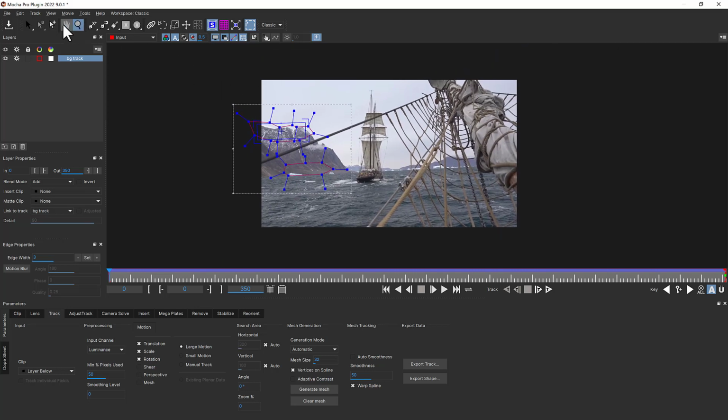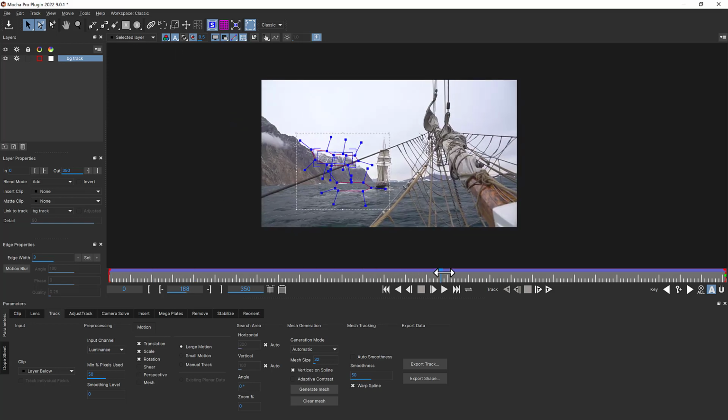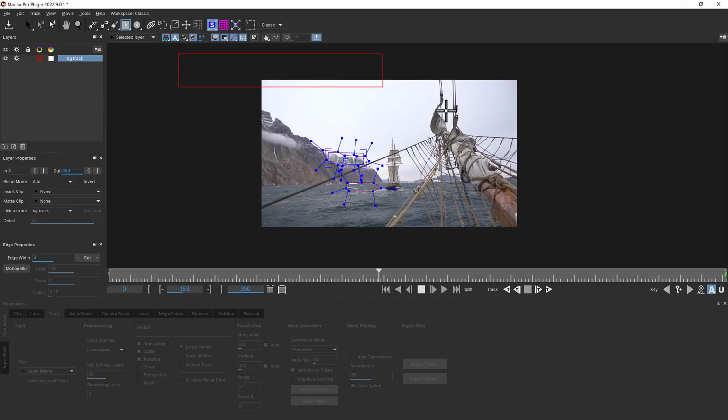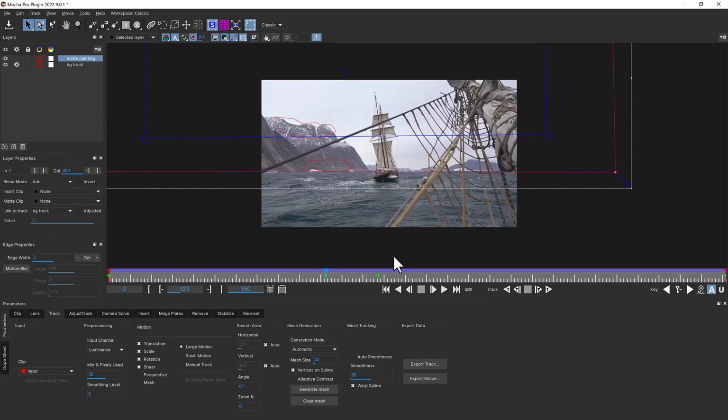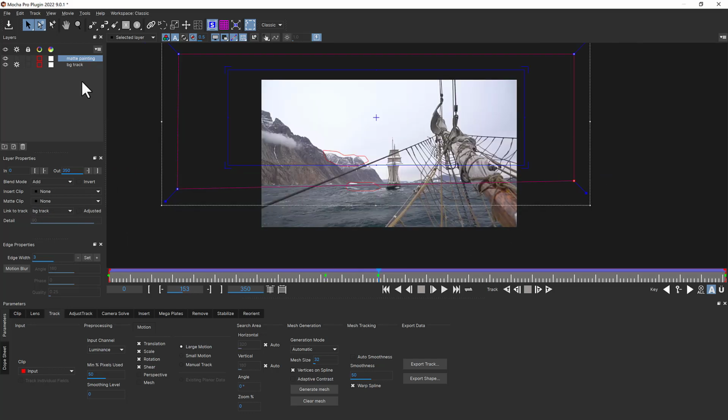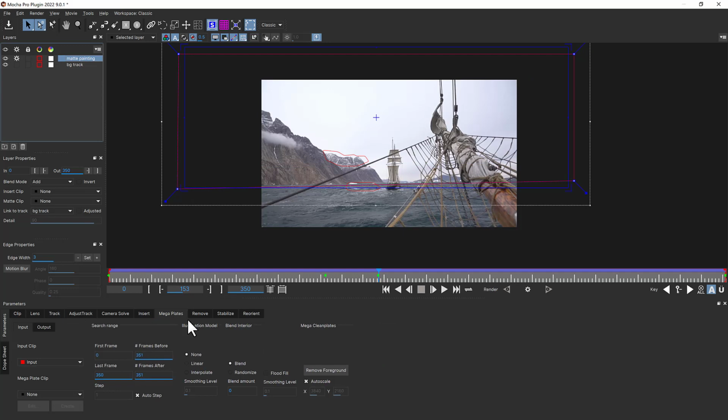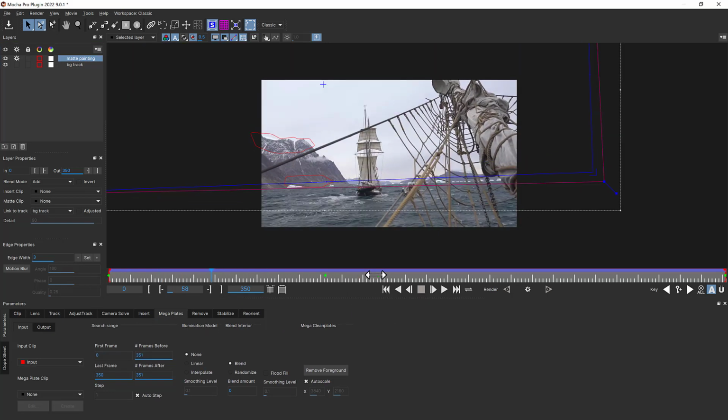In this case, we're going to find the most zoomed out part of our shot, and we'll draw a big shape for our background. We'll call this matte painting, and we're going to link it to our BG track. I'll correct some of our roto, and now I can use this as my MegaPlate template. I'll click on my matte painting layer and head over to MegaPlates. Selecting a frame that's nice and central,